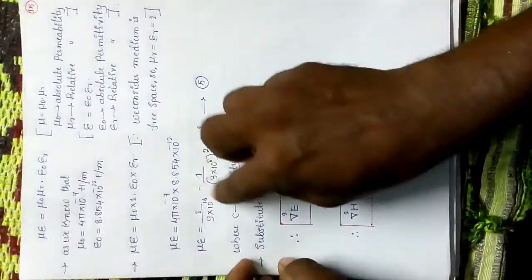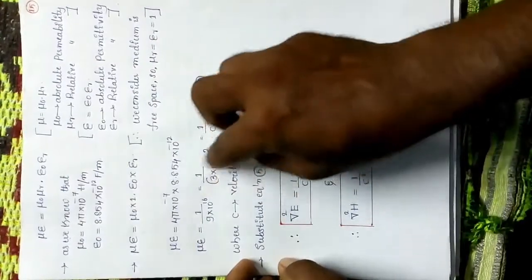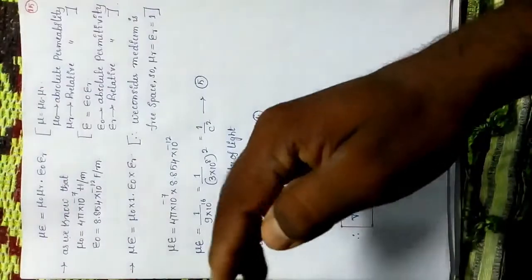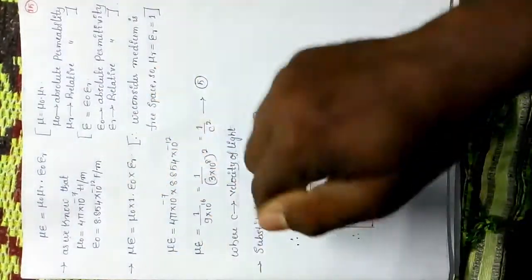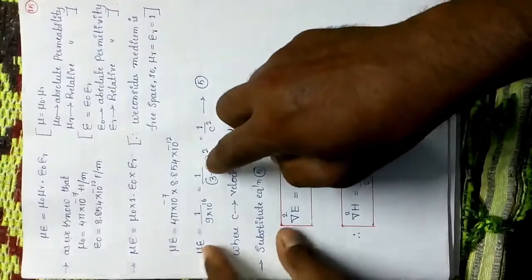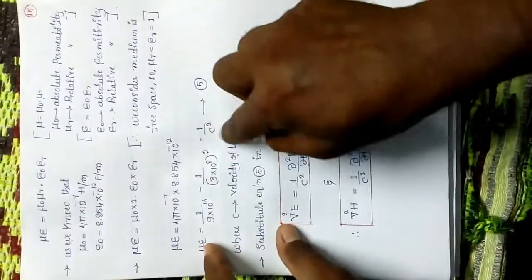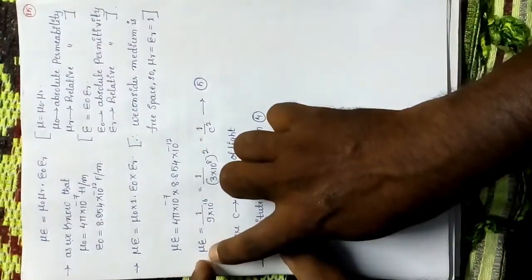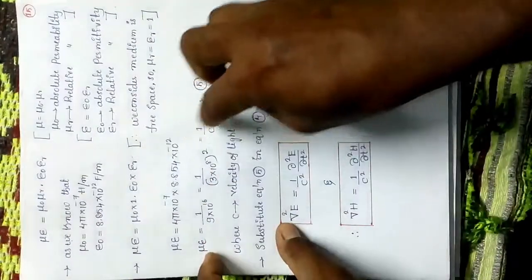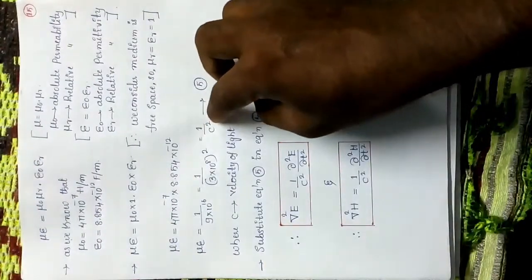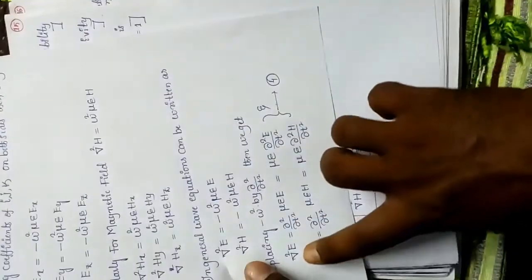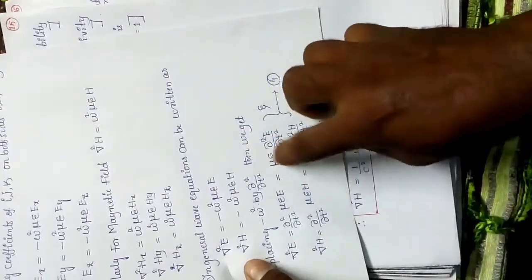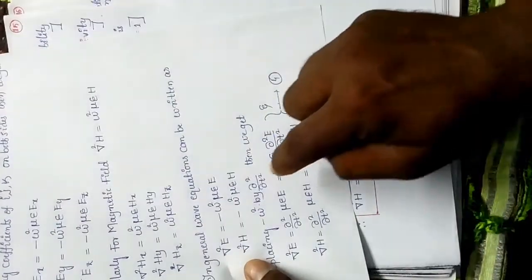So what is this expression? It is the velocity of light. 3 into 10 to the power of 8 meter per second is the velocity of light. So that's why, instead of this expression, I simply take c; the square is also there. So finally, what we get is μ ε = 1/c². I already said this initially. We found μ into ε, which is 1/c², and that 1/c² is substituted here.